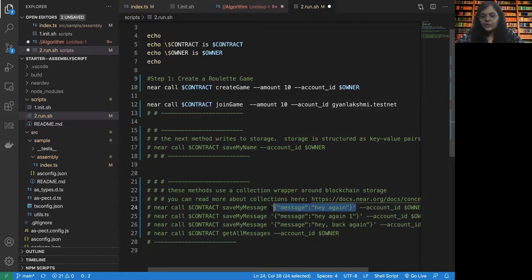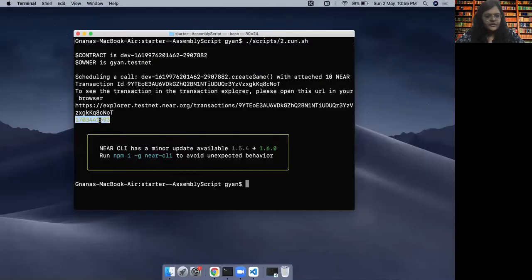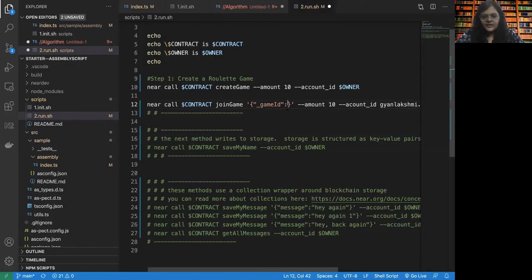So here I'm going to copy where the parameter is being passed. The game ID is the one that was returned in the previous call. Oops, sorry. So I'm going to go here, copy this, and then paste it here. So this is the game ID.